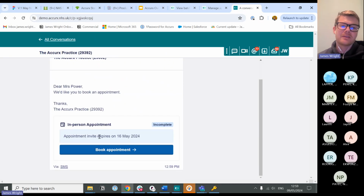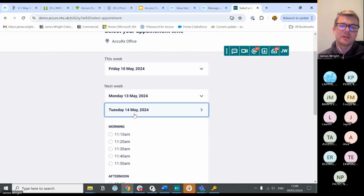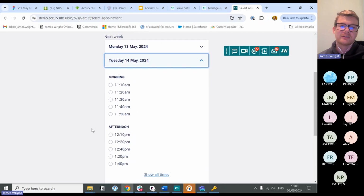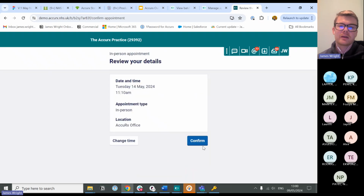And then again, the appointment link expires after 7 days. They can book an appointment, and then they can choose the location and the date of the appointment. They've got slots up to 6 weeks in advance. By default, that's mapped back to the appointment book. They can pick a specific time and review that,